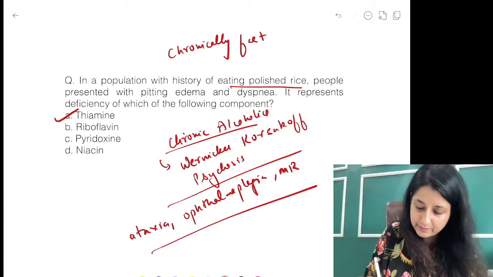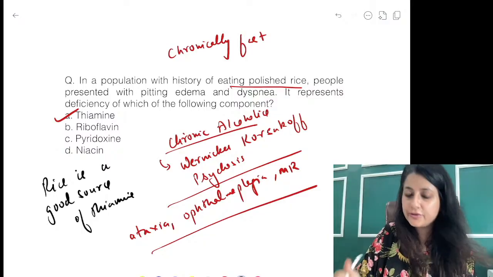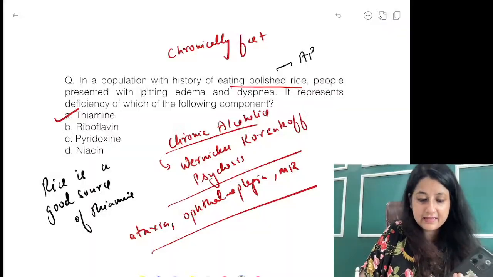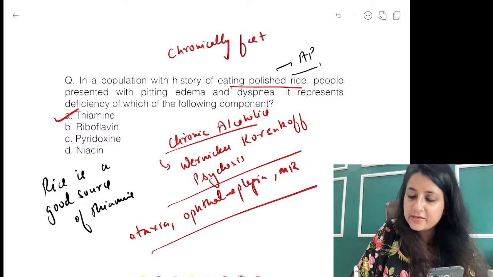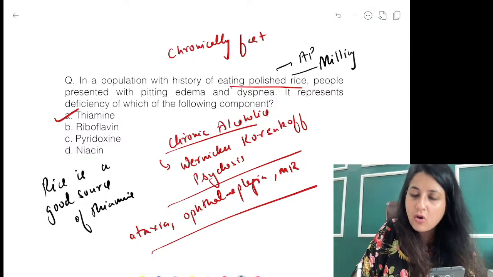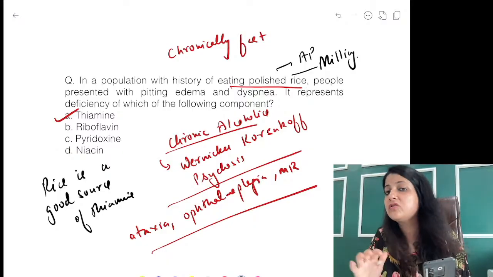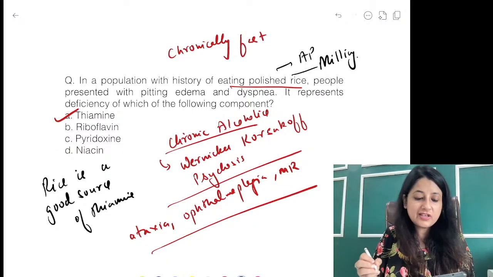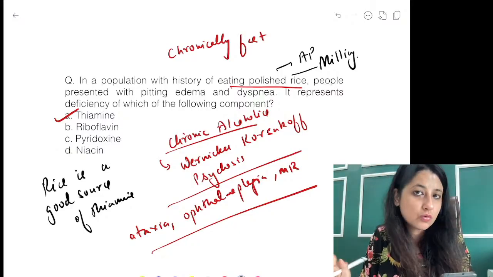of thiamine? Please remember, rice is a good source of thiamine. Rice is a good source of thiamine. But when we polish rice, particularly in areas like Andhra Pradesh, when the rice is polished and eaten, okay, polished by a process of milling, all the thiamine that is present in the endosperm layer, guys, gets lost. Okay, so if the question comes, is rice a good source of thiamine? Yes,